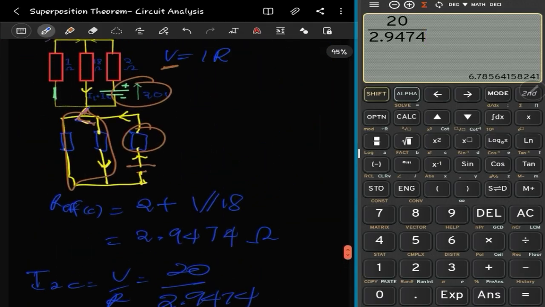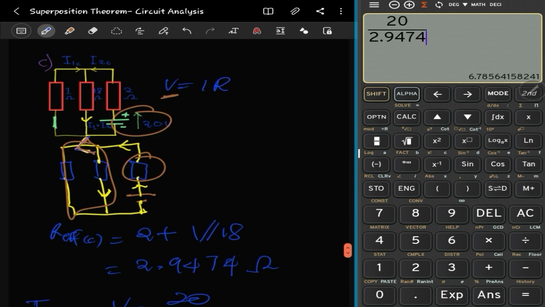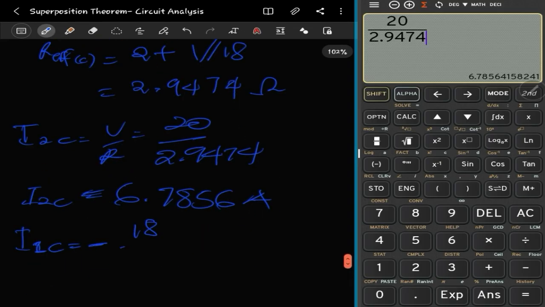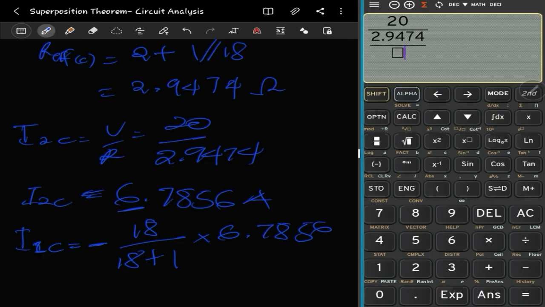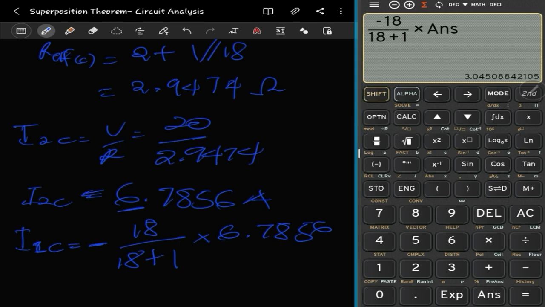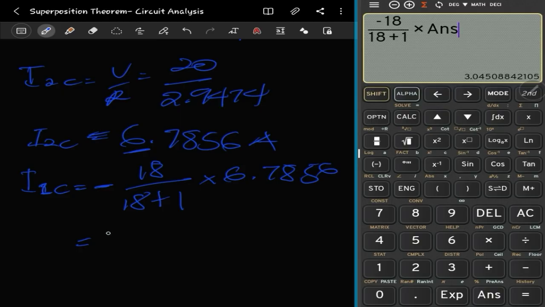If it's a divided current, the current division rule, we actually use this one here at the top as the numerator, which is 18, right? We'll do the sum at the bottom, which is 18 plus 1. And then the current that we actually divide is this I2C here, which is 6.5, 6 points. So this will give us minus 18 on 18 plus 1, right? And this is what gives us our I1C to be 3.0451